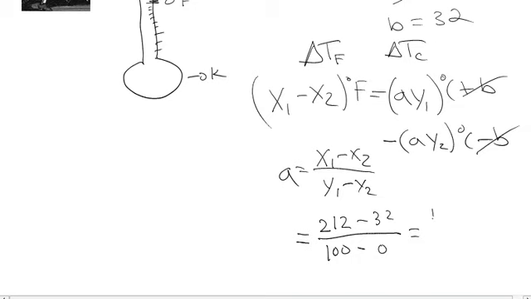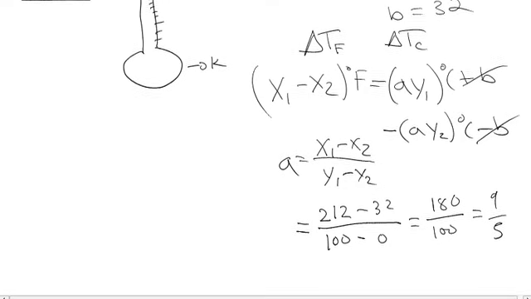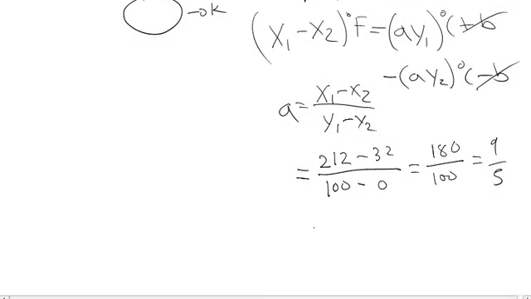And so then this is 180 over 100, and this is equal to 9/5. So we know that a equals 9/5. And so now we know how to convert between the two because we know a and b. And so that means x degrees Fahrenheit is equal to 9/5 y